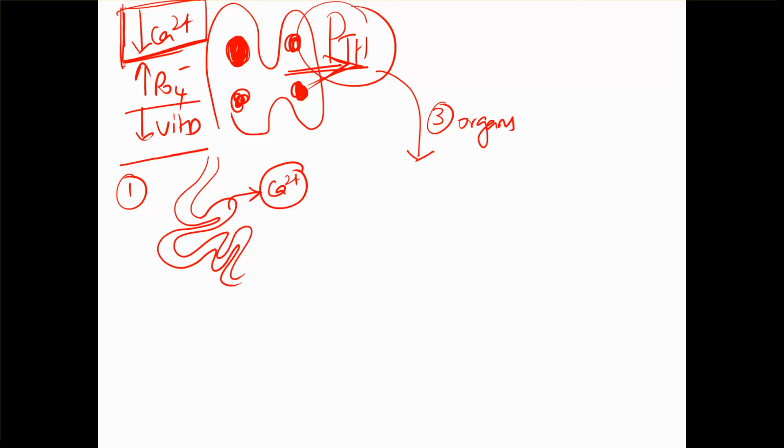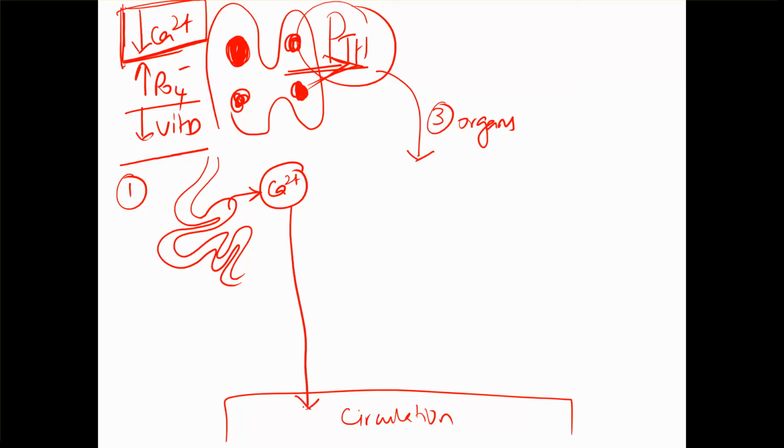They increase the absorption of calcium, and this is the circulation, and then they put the calcium in the circulation. Understand? So slowly they are increasing the calcium in the circulation. So another thing, the second organ they go to is